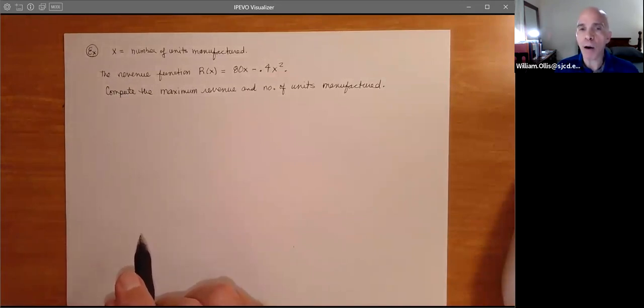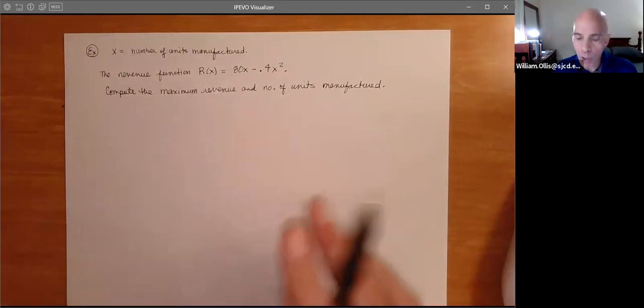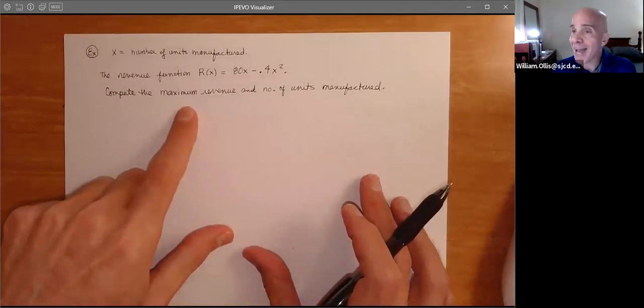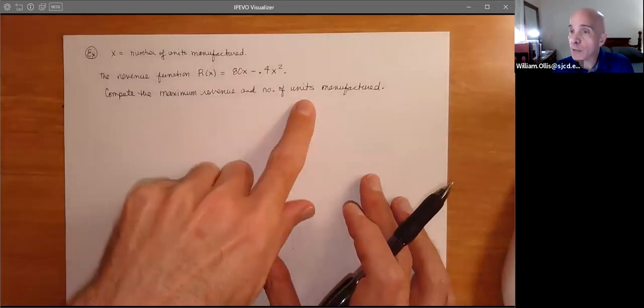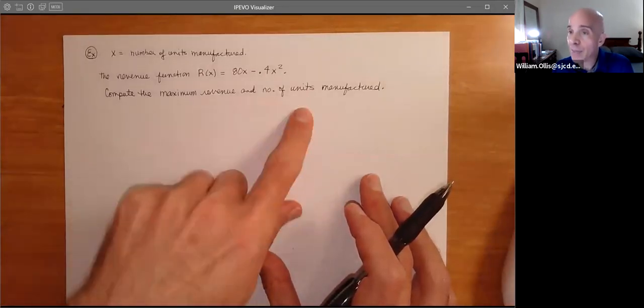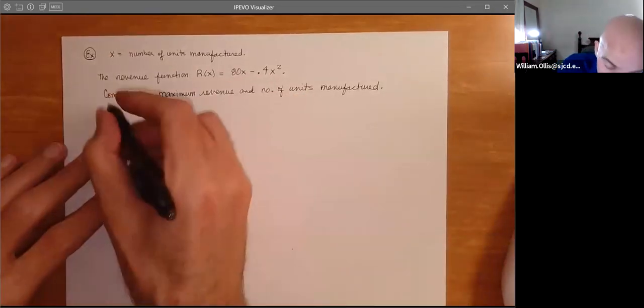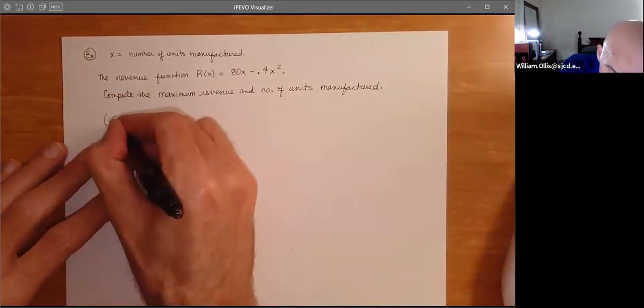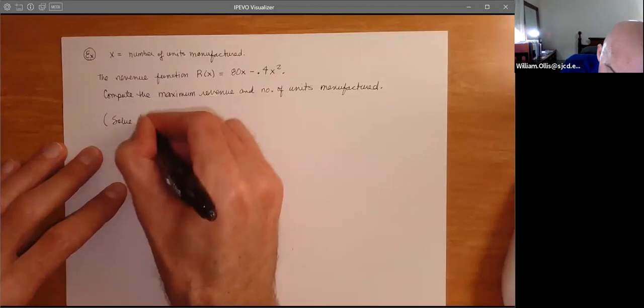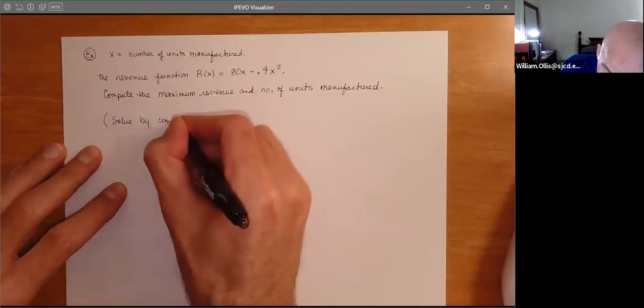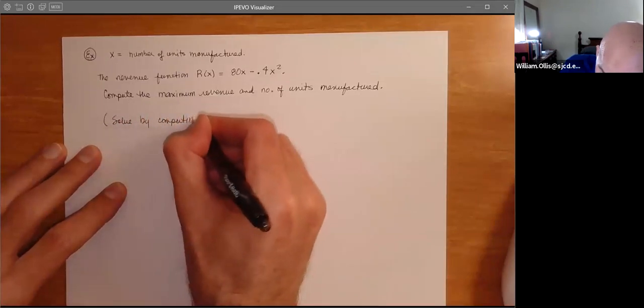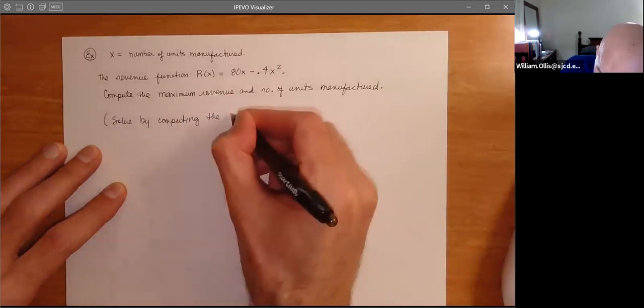And then you say, oh, okay, that's covered. And then it's like, oh, I need the vertex. Why is the vertex going to solve this problem? Well, not only will it give you the maximum, which is K, but it'll give you where it occurs, which is H. So you get the K and the H and you solve the problem. So in this case, solve by computing the vertex